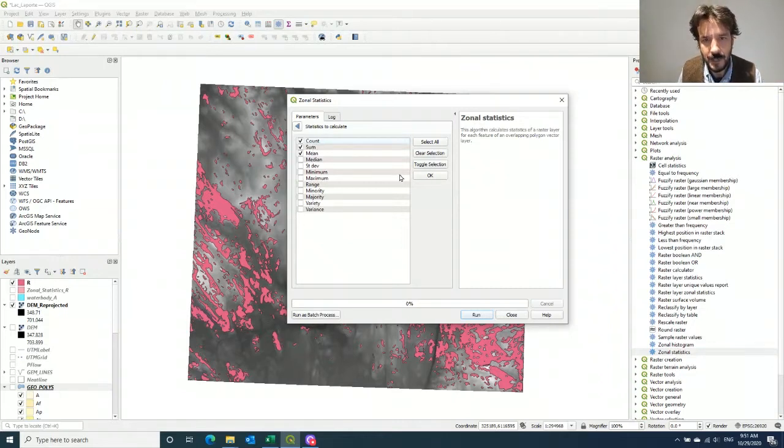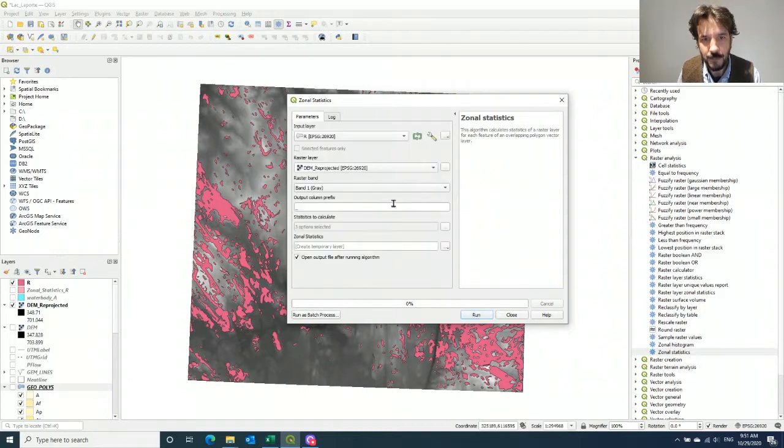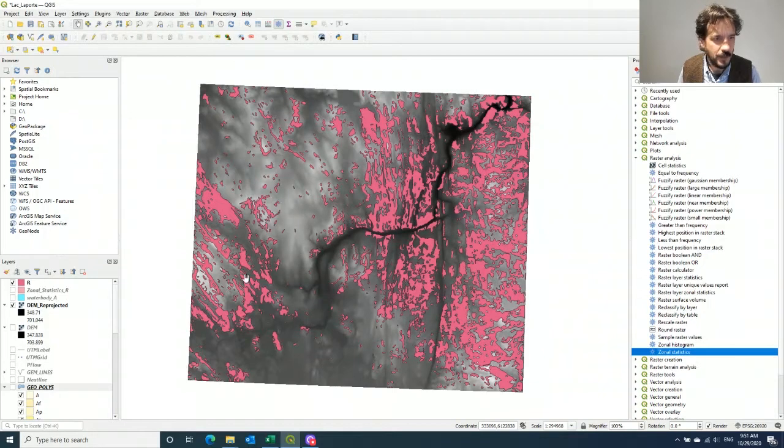Okay, so then you select that, you say you're happy with this, and then it's going to again create a temporary file, or you can write a file name and save it somewhere if you want, and then you click run, and it will run this thing. And if everything works, then you should get a new shapefile,